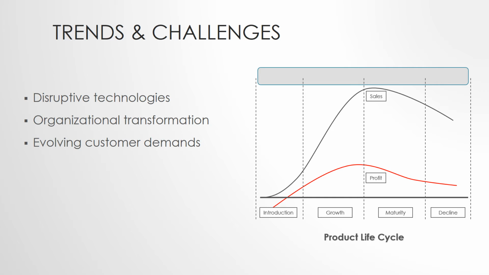Trends and challenges. In this slide, I have captured some of the trends which are redefining how automation is adapting and meeting its customer needs. With disruptive technologies, organizational transformation towards flexibility, and evolving customized customer demands, which in turn shape the various product lifecycle demands. Here, to showcase this aspect, I have taken products in industrial automation and mapped them to different phases in